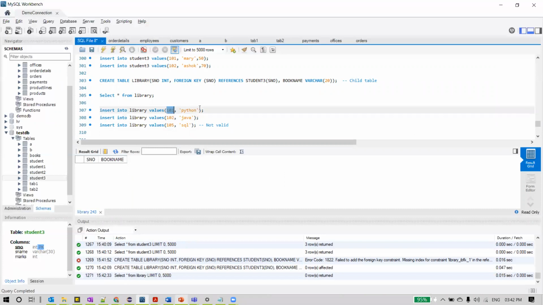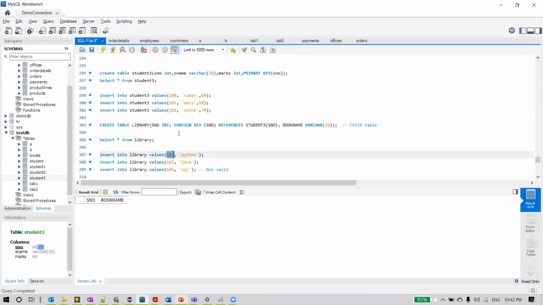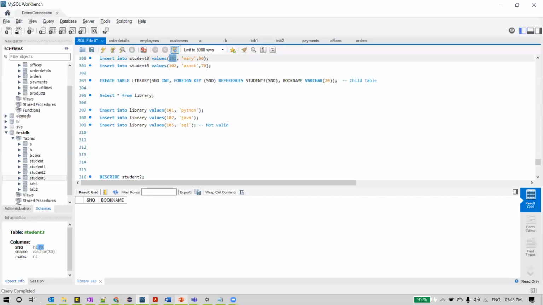The condition here, if you remember, is that it has to have the values which are present in the primary key it is referencing. So it is referencing the student 3 table primary key. You can see it here, 100, 101, 102. These are the values. So we should be providing only these values to this foreign key in this library table.